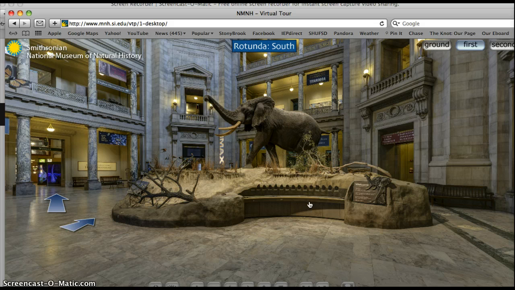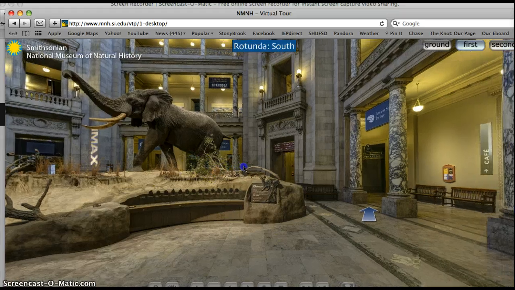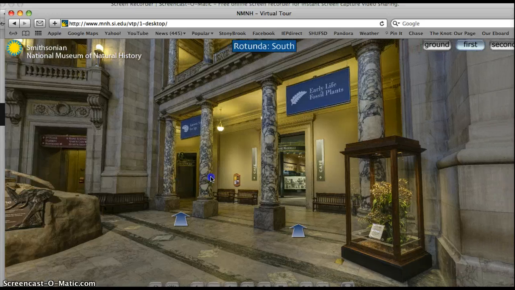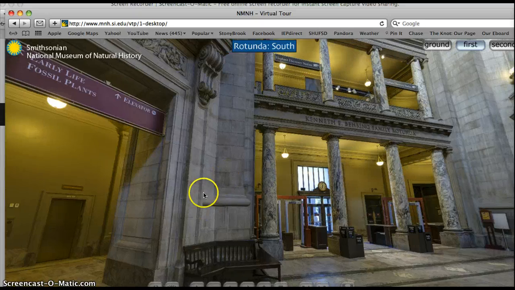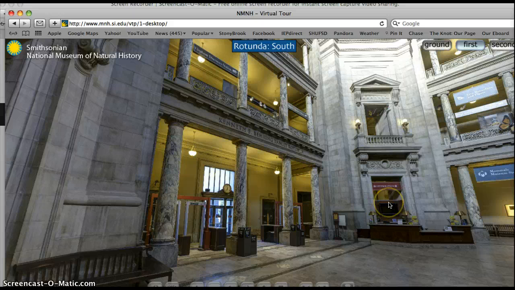So once students log on to their app and they open it up, they enter the rotunda of the museum, and you can see it looks exactly like the real museum because it is. They can move their mouse around, or on the iPad they would just drag their finger and move around the museum. So you can see over here, that's the front entrance, and right there is the information desk